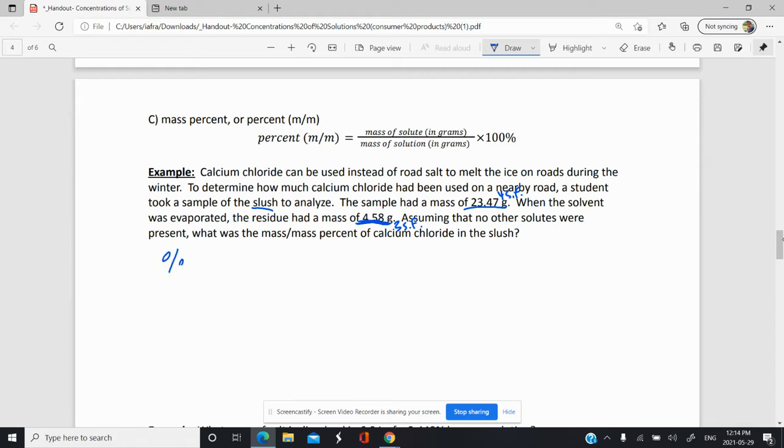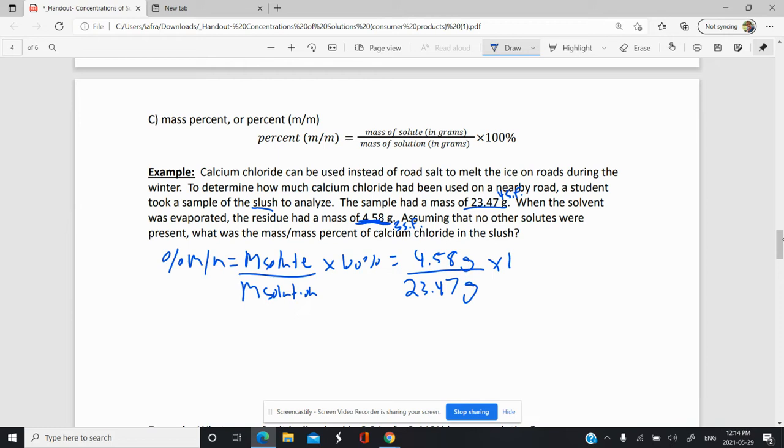So we know that the percent mass is equal to the mass of the solute, which is the calcium chloride, over the mass of the entire solution or the entire slush, and both in grams, times 100%, which is going to be equal to the 4.58 grams over the total mass of the solution, 23.47 grams, times 100%. And so that will give us 4.58 divided by the 23.47 times 100. And we get approximately